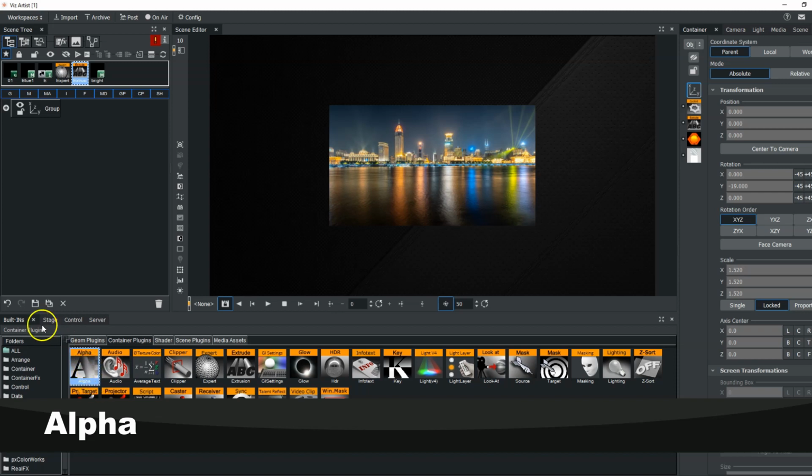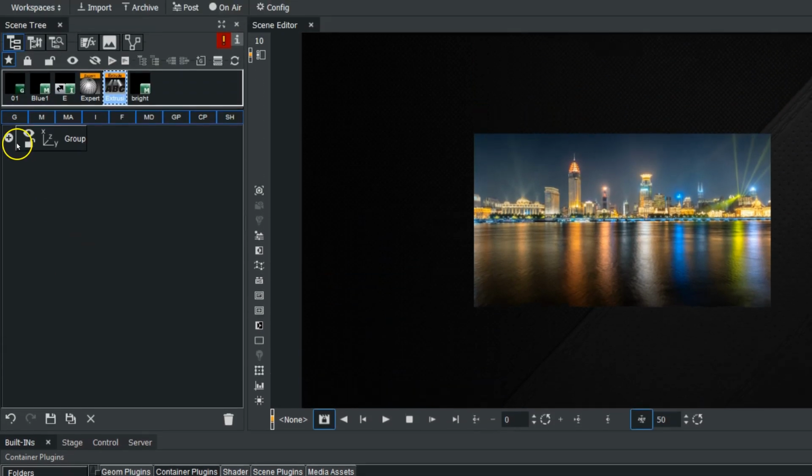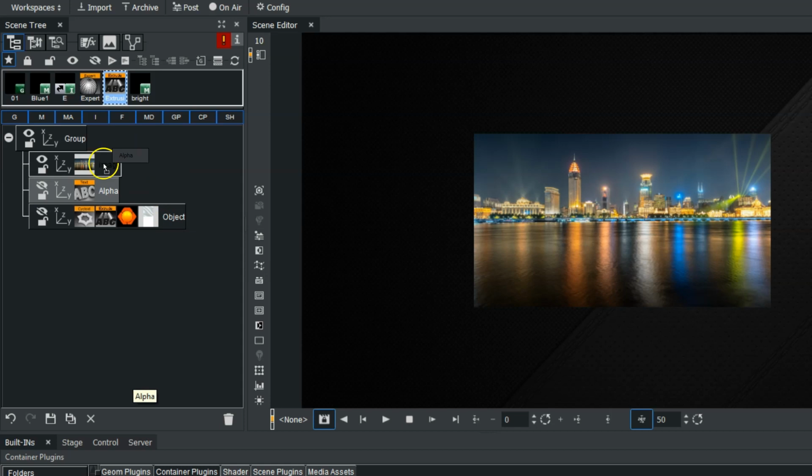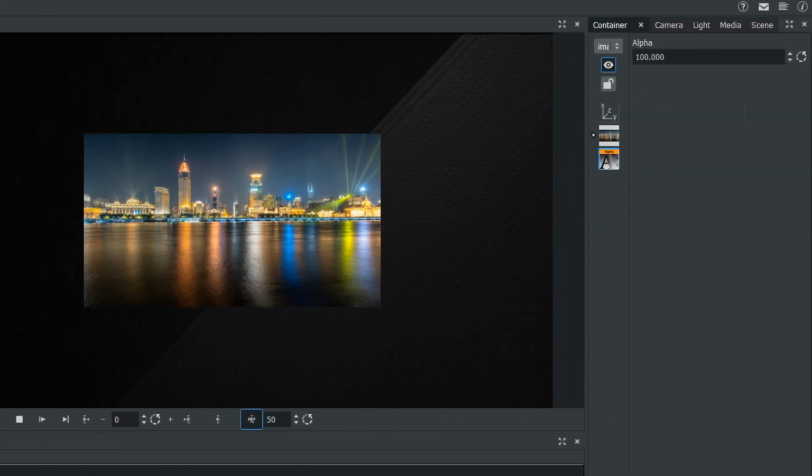The alpha setting is found within the built-ins window, within the container plugins and the global folder. And it's the first function here within the container plugins global folder. The way the alpha works is that we just need to slide it onto a container that we want to affect. Now, the alpha in Vizrt is like the opacity or transparency, as you might know it